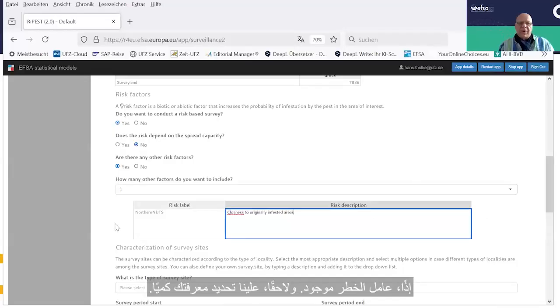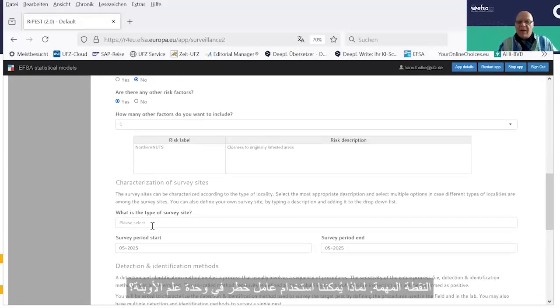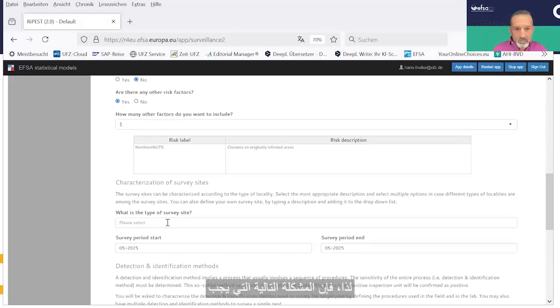Okay, so the risk factor is in, and later we have to quantify your knowledge. Yeah, that's the point why we can use a risk factor in the epidemiological unit that should be, according to our other aspects, homogeneous. So the next problem that we have to consider is the survey site.